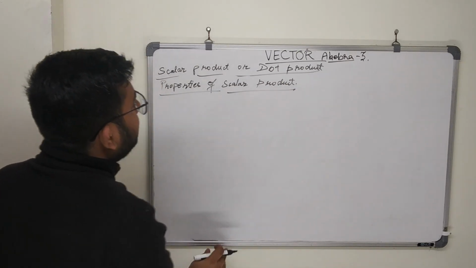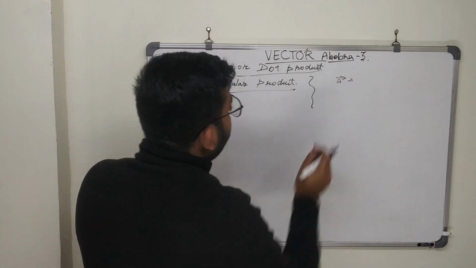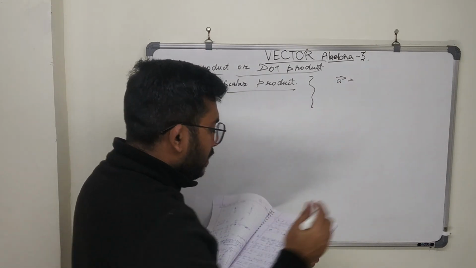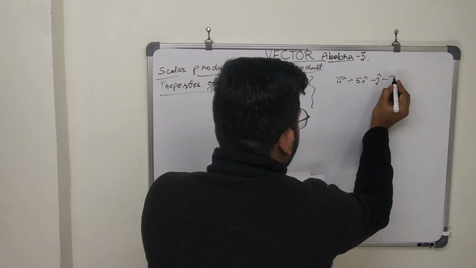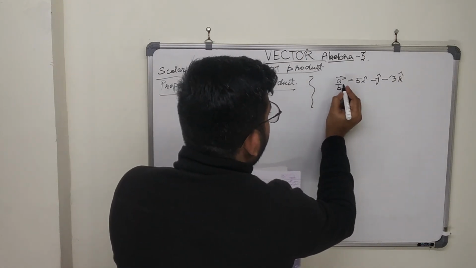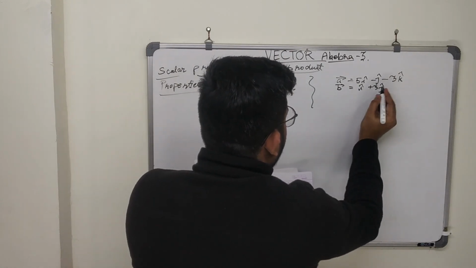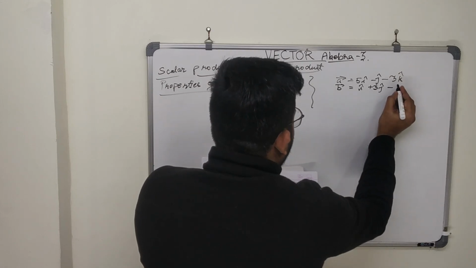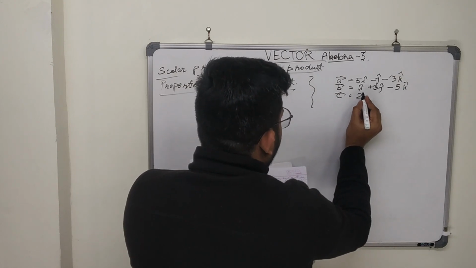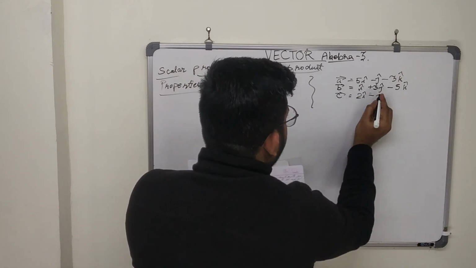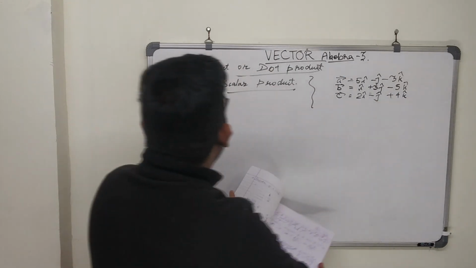We will understand this with the help of an example. That is, suppose that vector A is equal to 5 i cap minus j cap minus 3 k cap, and vector B is equal to i cap plus 3 j cap minus 5 k cap, and vector C is equal to 2 i cap minus j cap plus 4 k cap. So the first property is,